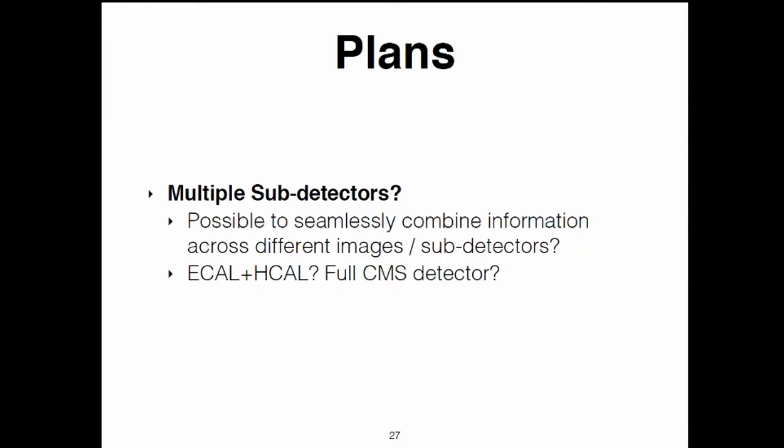So I should say that this is a work in progress. The goal here is really to understand how you can feasibly do event classification. So of course, if you had a photon and an electron, then you would be constrained again by your single object classification. So the idea is to progressively include information from other subdetectors. And as a starting point, we started with one detector.